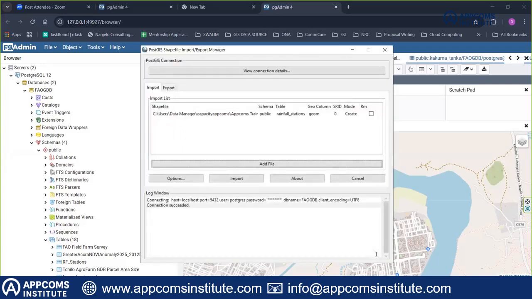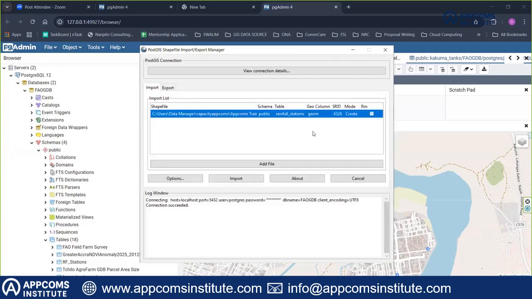Now, once it's here, you don't need to do much. Just come and make sure the SRID matches what you had, 4326. All right, that's the part a lot of people usually overlook. Okay, and once you provide this, so this is the WGS84. It is a coordinate system associated with this data set, the default one. So then click on import,